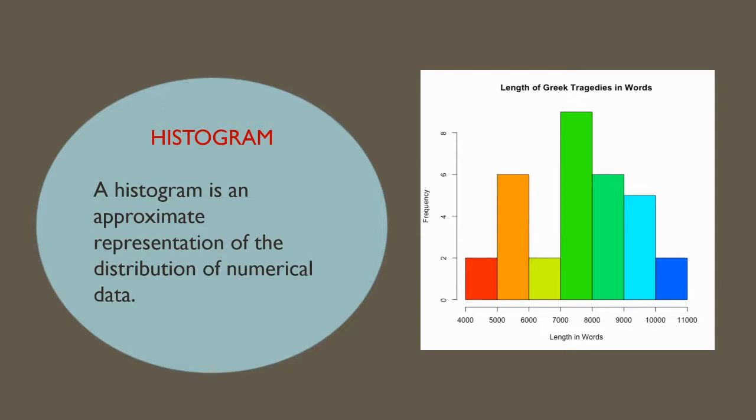A histogram is an approximate representation of the distribution of numerical data. A histogram represents a frequency distribution by means of rectangles whose width represents the class intervals and whose areas are proportional to the corresponding frequencies. A histogram is a series of rectangular bars with no space between them and is used to represent the frequency distribution. This is the figure of a histogram, and the shape of the bar is a rectangle with no space between each bar.